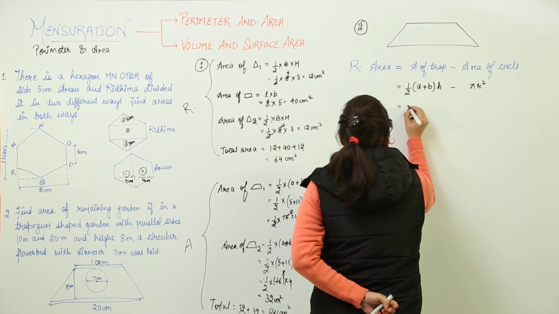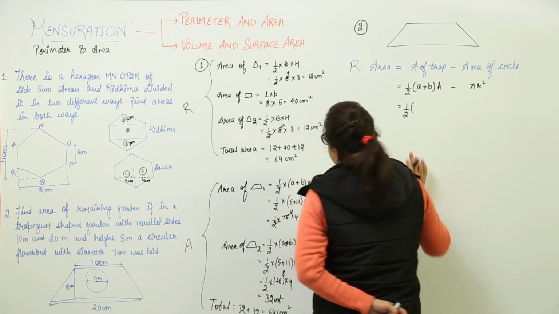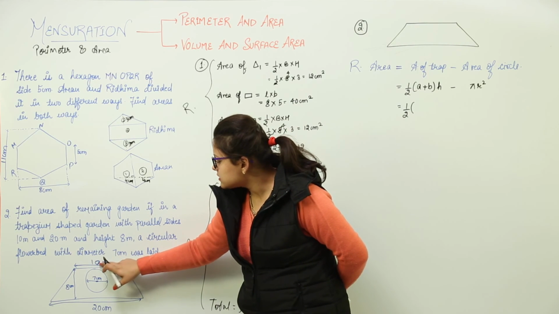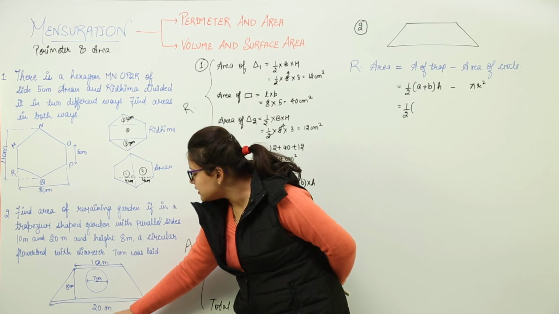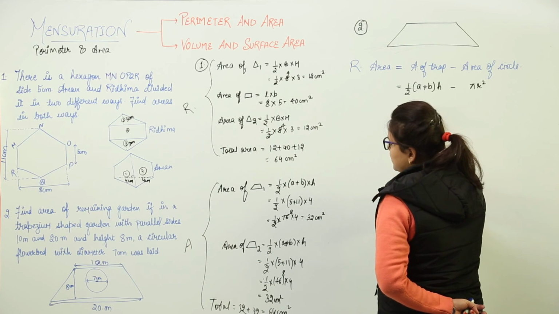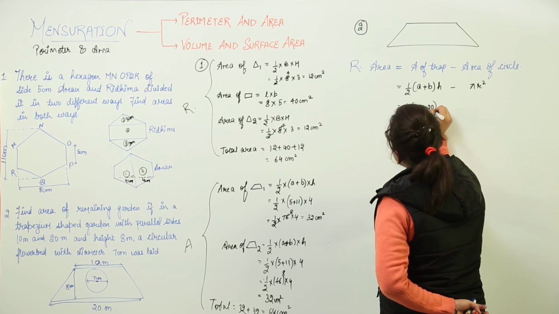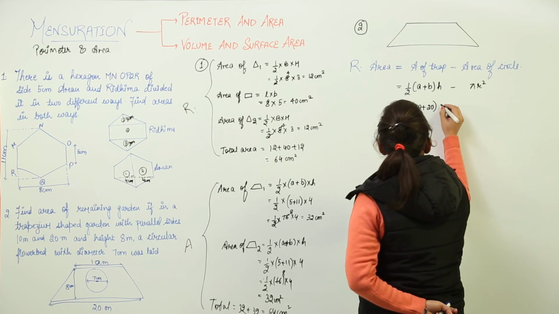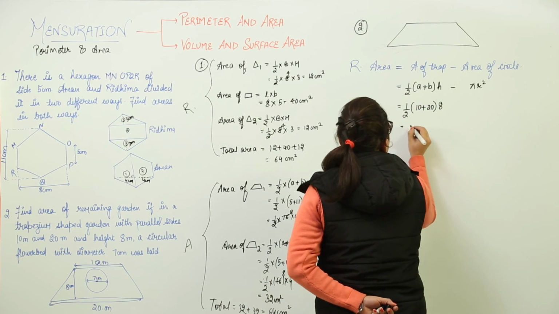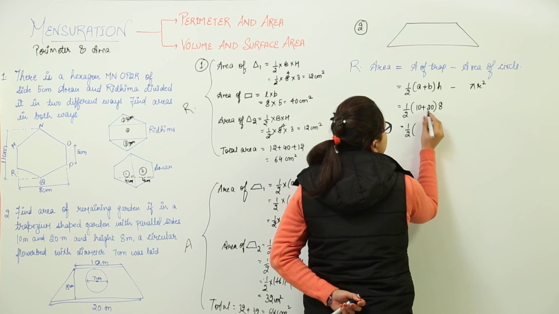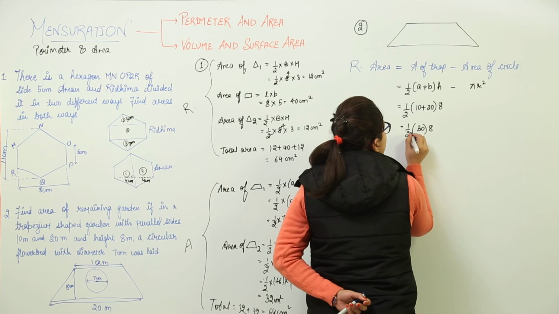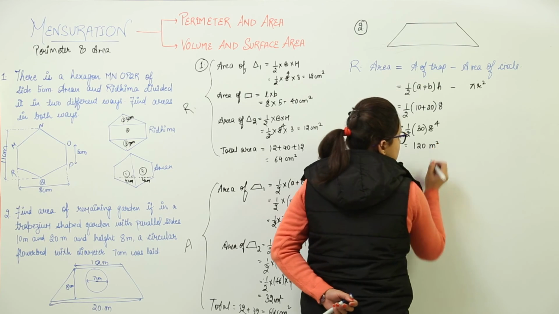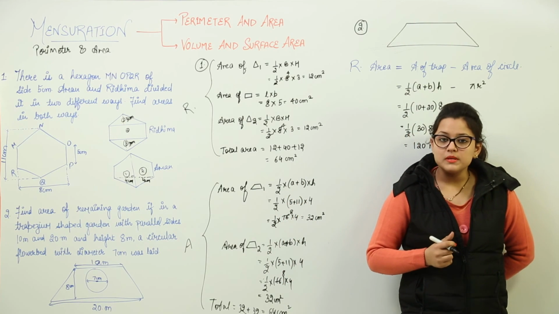Okay, let us do it now. 1 by 2 into a plus b. Before moving forward, let us discuss what a is. A is given to us as 10 meters and b is given to us as 20 meters. Now a and b are already given to us, 10 plus 20. What is the height given to us? It is already given, 8 meters. So we multiply this with 8. How much do we get? 1 by 2 into, this becomes 30 into 8. So how do we solve this? We get 4 3s are 12, 120 meter square. Now this is the area of the trapezium that we have got.